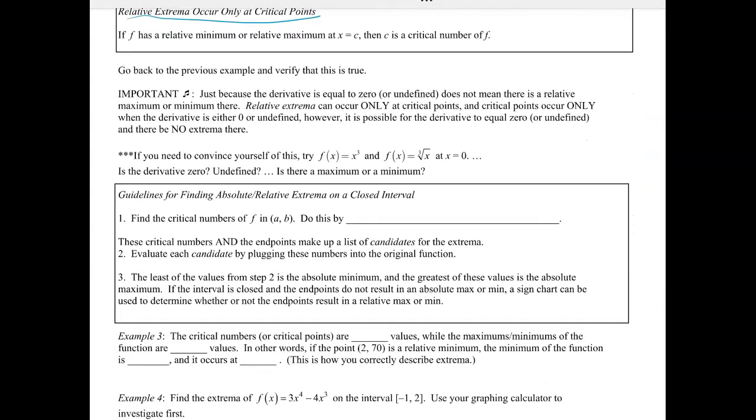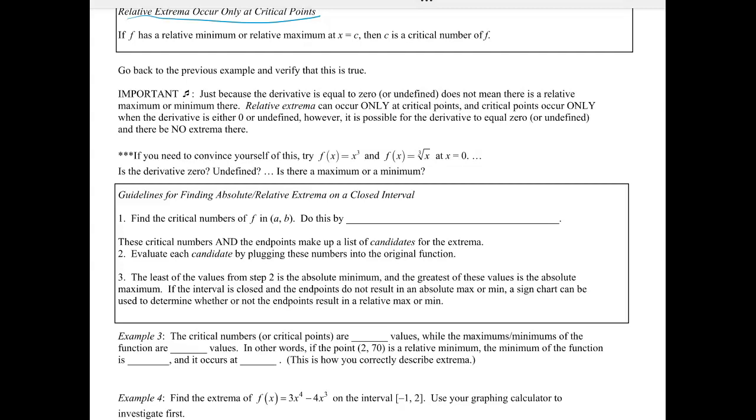Just because the derivative is equal to 0 or undefined does not mean that there is a relative minimum or maximum there. Relative extrema can only occur at the critical points, and the critical points occur only when the derivative is either 0 or undefined. However, it is possible for the derivative to equal 0 or be undefined, and there be no